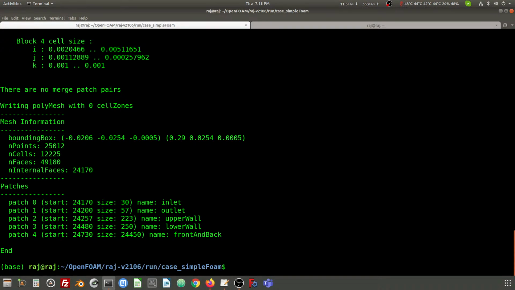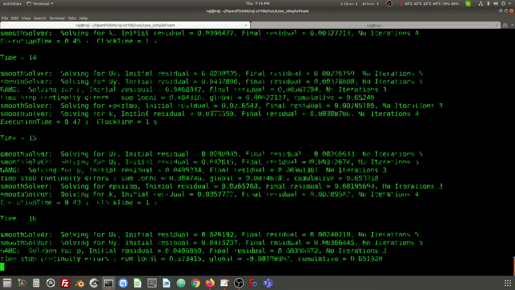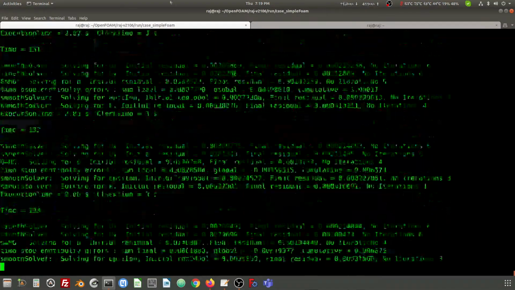and here, like I said, we are using simpleFoam for this problem. Then we can run the solver, the simpleFoam solver. It will iterate the case, and we can see the results later on. Side by side, I am going to open another case, the turbulent tangent case. Like I said, we are using the 2106 version of OpenFOAM,